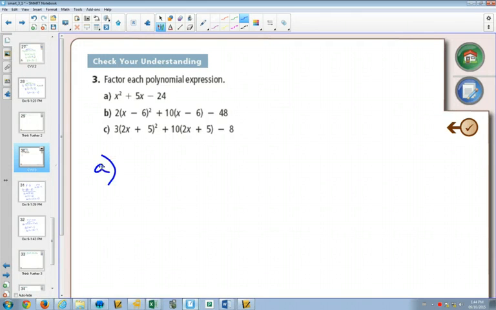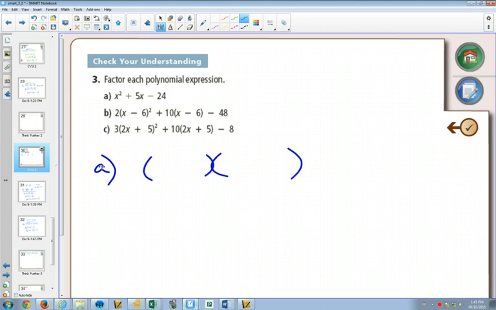Now, what they want you to see is in part A, if you look at A, B, and C, hopefully you can see which one is the easiest to factor. Which one looks easiest to factor? The first one. So if you're factoring x squared plus 5x minus 24, it's not bad because you can go